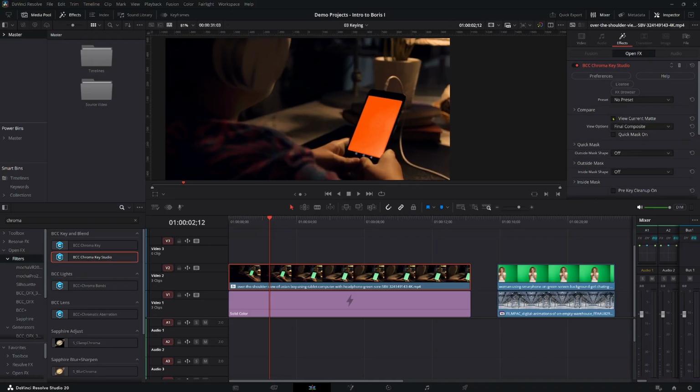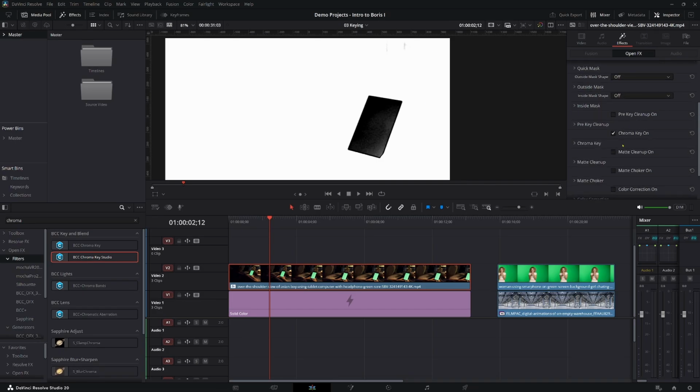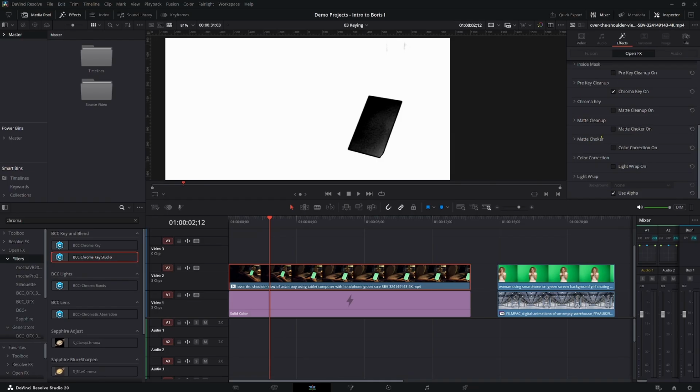So I'm going to click on View Current Matte, and you can see I have this, and there's this up here where it's affecting the leaf and the plant and all that. And also you can see all the gray area in here. I want this to be completely black, and I want the rest of this to be completely white. So what I can do now is matte cleanup, and I'll turn on matte cleanup